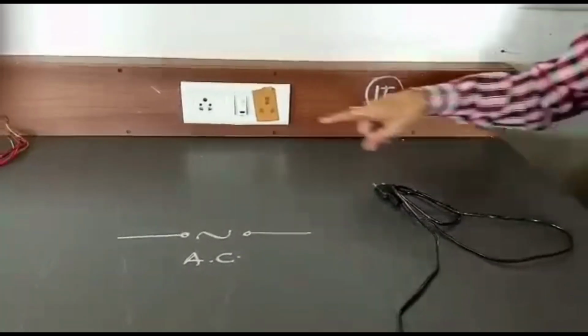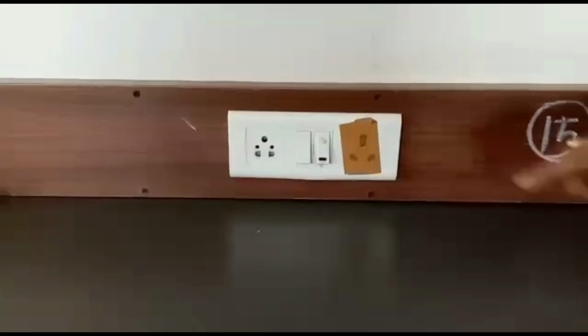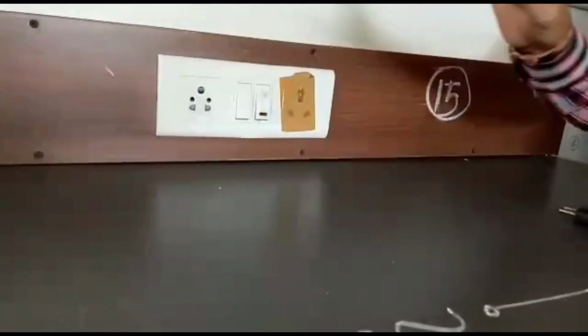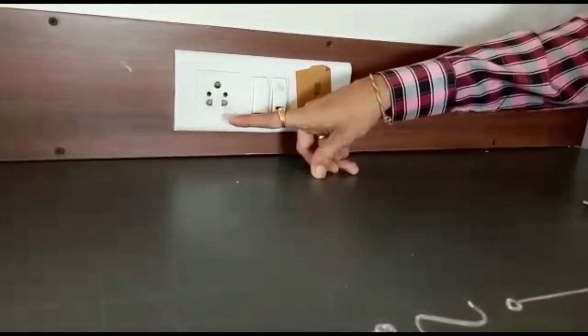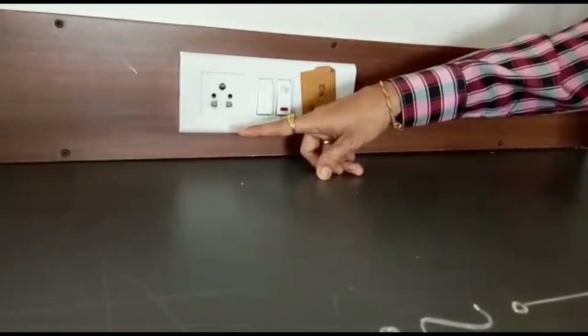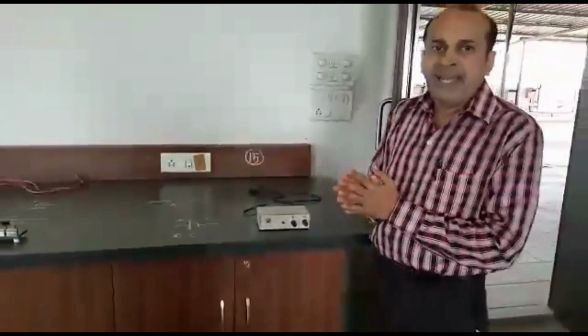Generally, the power supplied by the Torrent is AC. So never try to touch this knob. When the switch is on, don't try to touch here, because the power supplied by the Torrent is AC and it is 220 volts. While here we use a DC power supply in experiments.